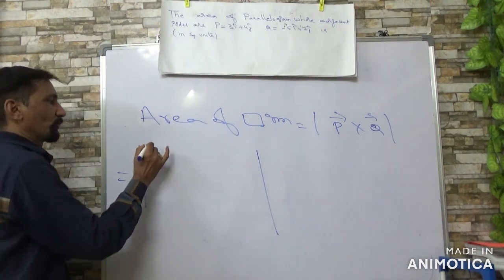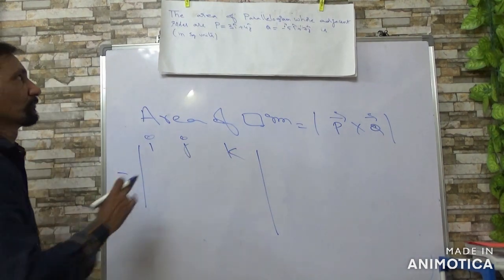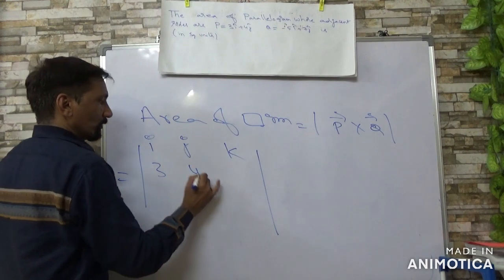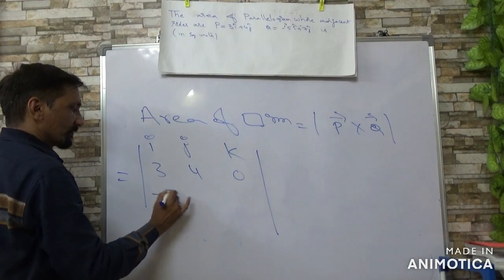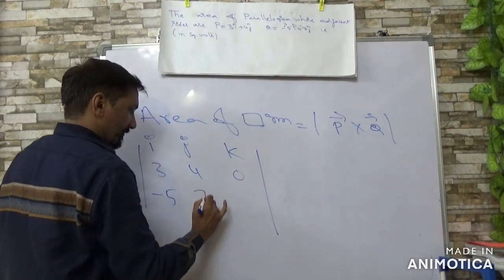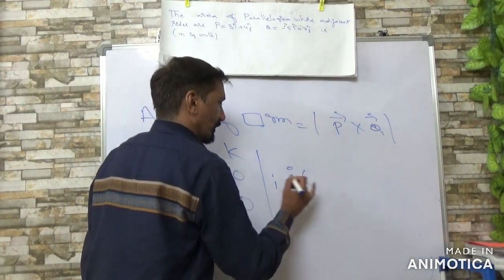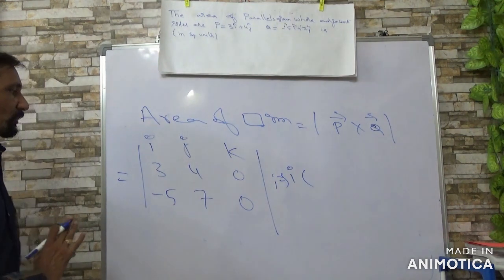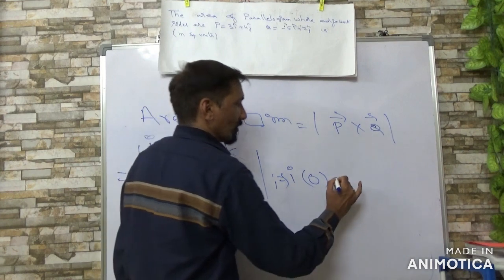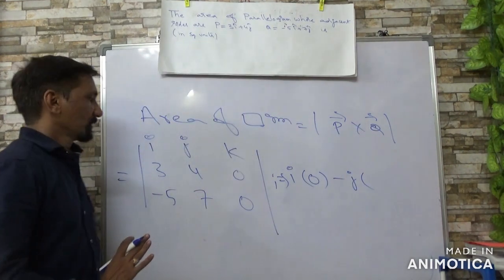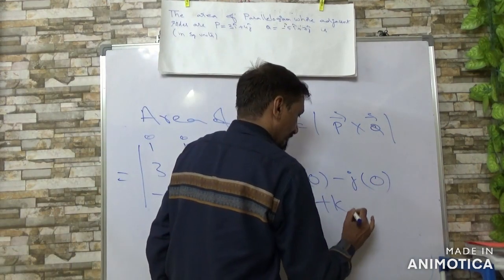In the first row you write I, J, K. Next, the first vector: 3, 4, K term 0. Next, minus 5, 7, K term 0. First you have to find the I quotient. Whenever you want to find I, close the I column: right minus left, 0. J is always taken negative, remember. Again right minus left, 0, plus K of